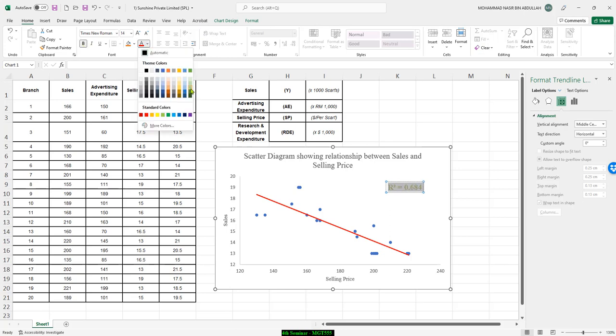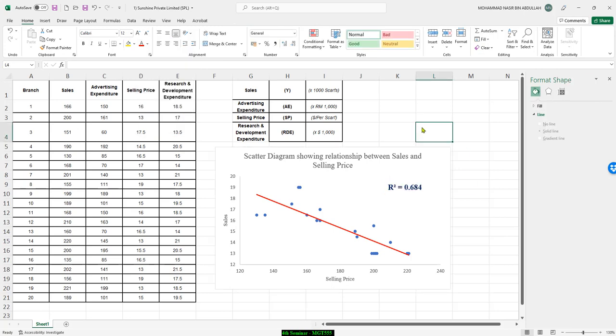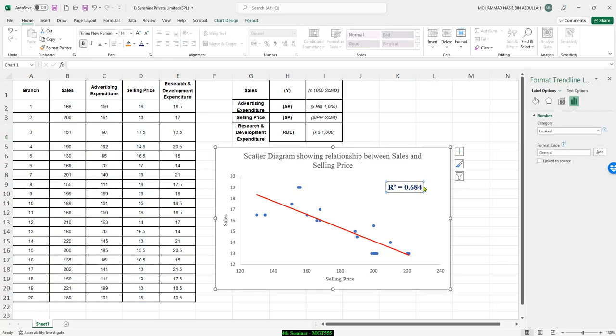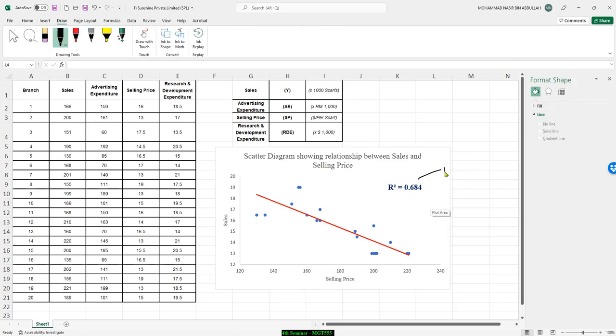Right, and I want to change it to a different color lah. Right. So dia kata dekat sini R square is 0.684. So this is not Pearson product moment. This is not our Pearson product moment lah. So this is basically R square. To get R, the Pearson product moment